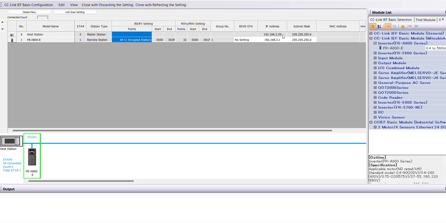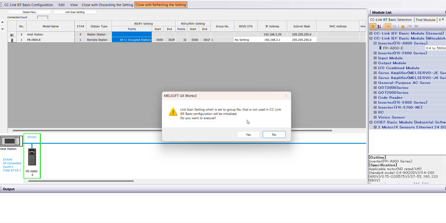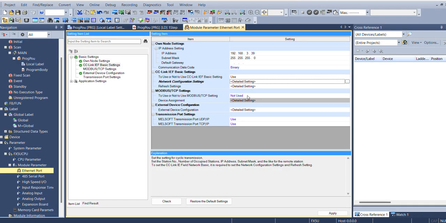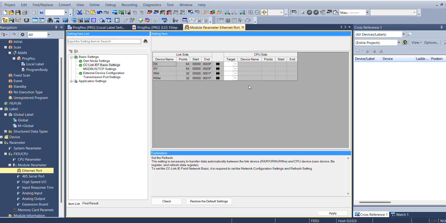This is your station IP address. You have to enter these IP settings and the subnet mask in the inverter also. After that, your inverter is ready for the configuration. So first of all click Yes, and now I'm going to refresh the settings. I have to mention your